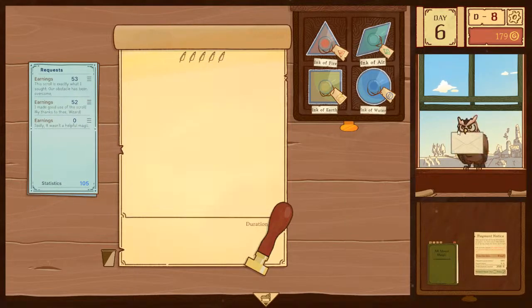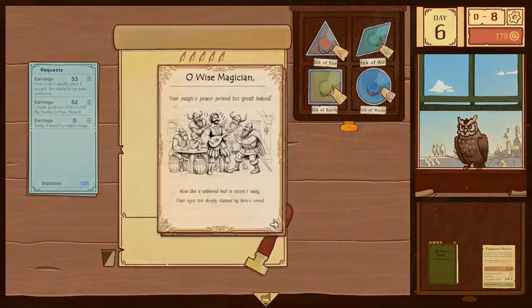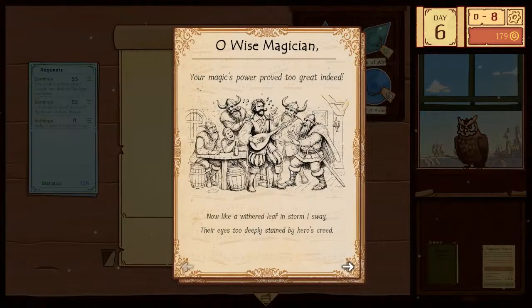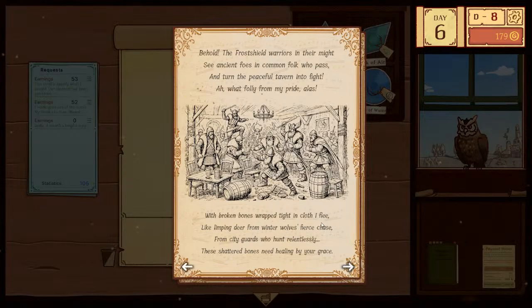Oh wise magician, your magic's power proved too great indeed. Now like withered leaves in storm I sway, their eyes too deeply stained by hero's greed. Behold, the frost-shield warriors in their might see ancient foes and common folk who pass, and turn the peaceful tavern into fight. Ah, what folly for my pride, alas! With broken bones wrapped tight in cloth I flee, like limping deer from winter's wolves' fear chase.